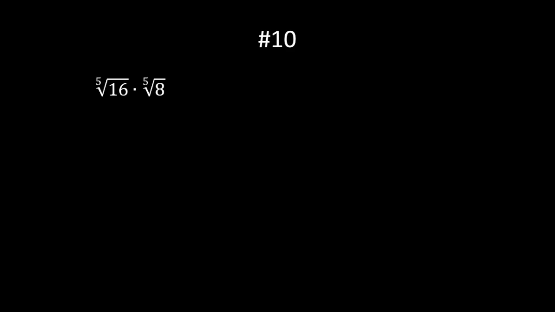Okay, in this one we have a 5th root of 16 times the 5th root of 8. But since you're taking the 5th root of both of them, you can actually combine those together into one problem, and write them under the same radical this way. And so 8 times 16, 8 times 8 is 64, 64 times 2 is 128. So the 5th root of